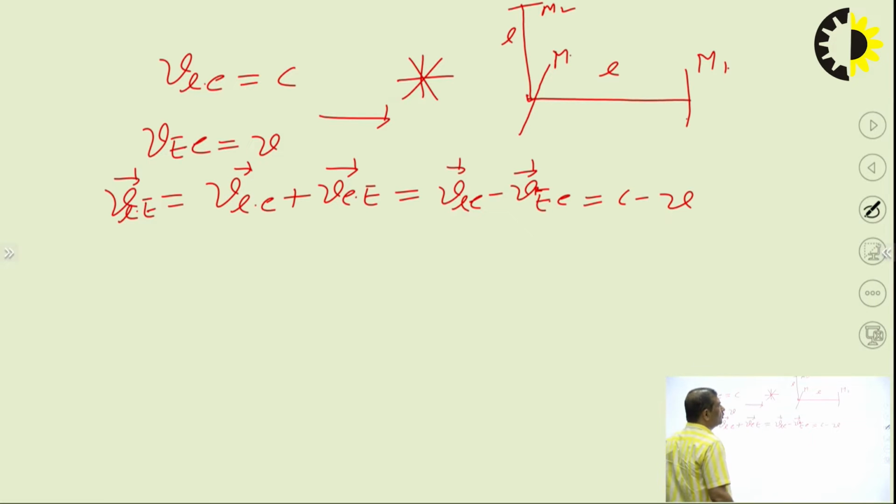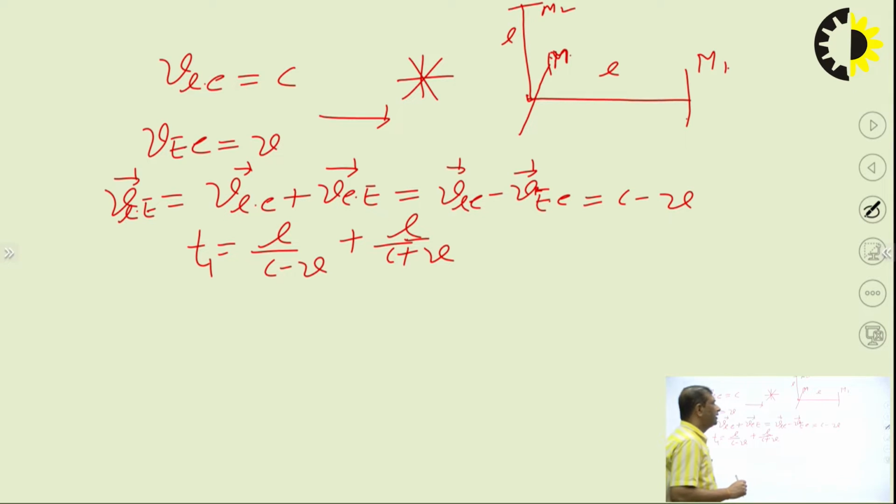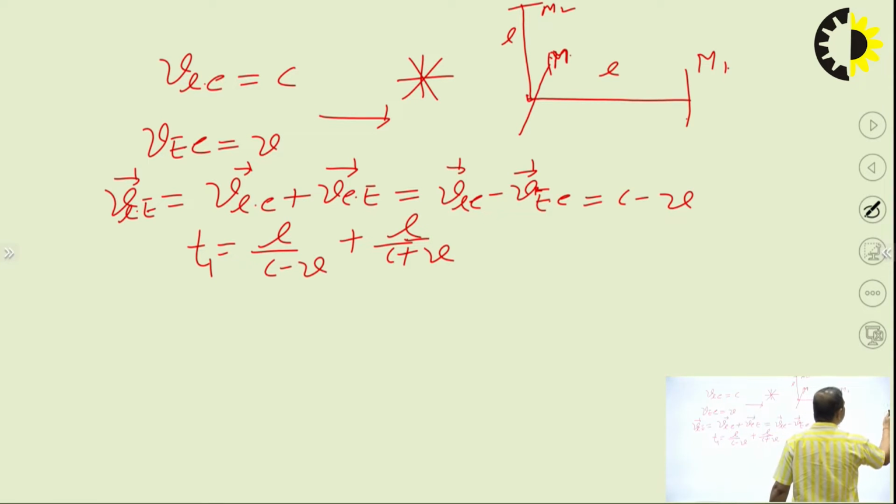So the time of approach from this partially silvered glass plate M towards M1 will be t equal to L divided by c minus v. When the light beam returns from the mirror M1 towards the glass plate, the time will be L divided by minus c minus v, that is minus c plus v, and the minus sign will be neglected because it just indicates the direction. So it will be c plus v. So this time t1 we have estimated with respect to the Earth frame. Now for estimating the time t2,